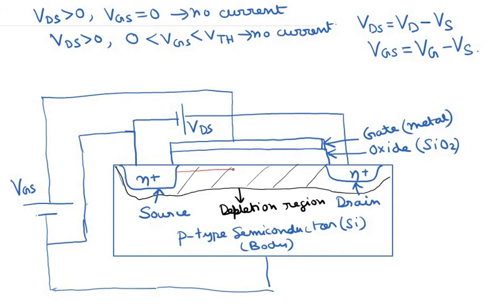This thin layer contains mobile electrons, and once this layer is induced, electrons can flow from the source to the drain through this conductive path, or current can flow from the drain to the source through this mobile layer of electrons. This mobile layer of electrons is known as the channel